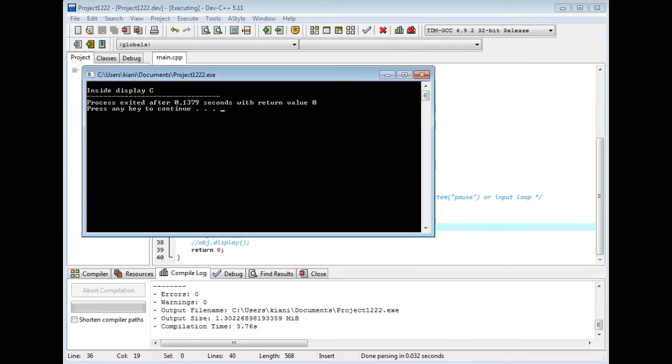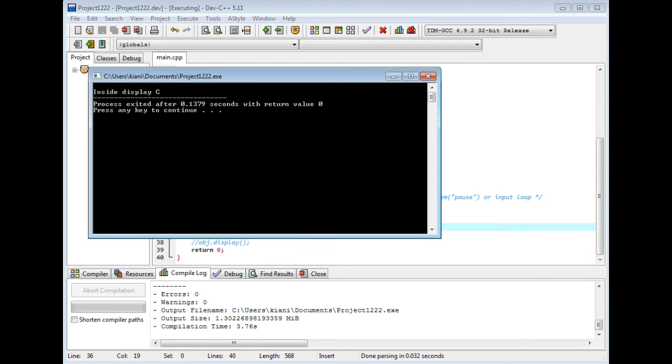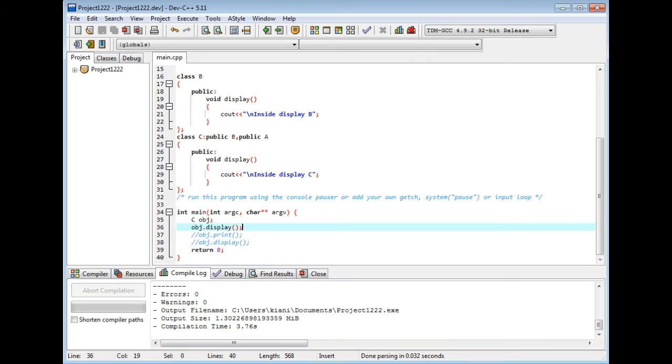If you call display inside this display C, it can have its own version of display. It will display its own version.